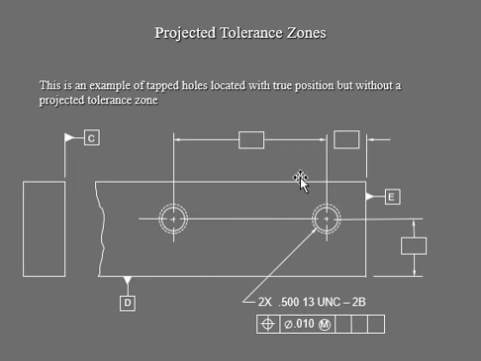So we go into here in the very first example of your projected tolerance zone. You can see right here your tap holes are located, their position is right here. The true position is given to you with your datum, which is your C and D and E right here on these appropriate